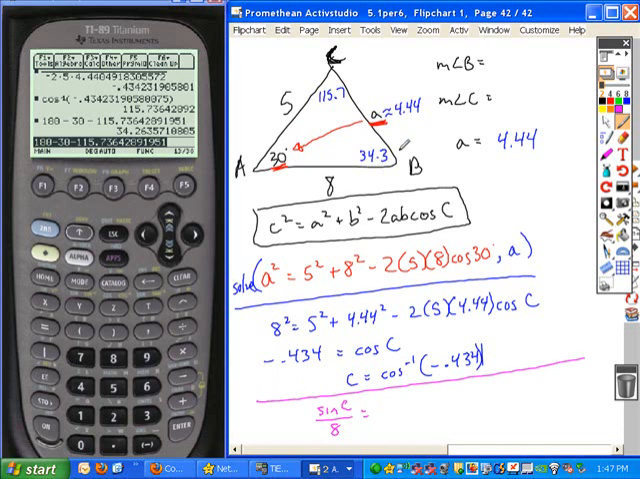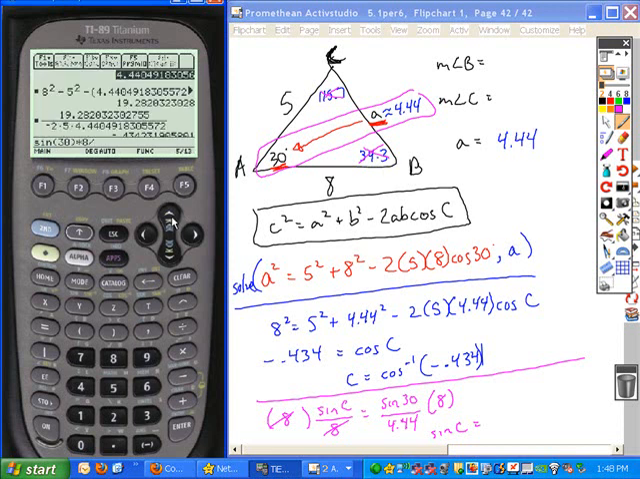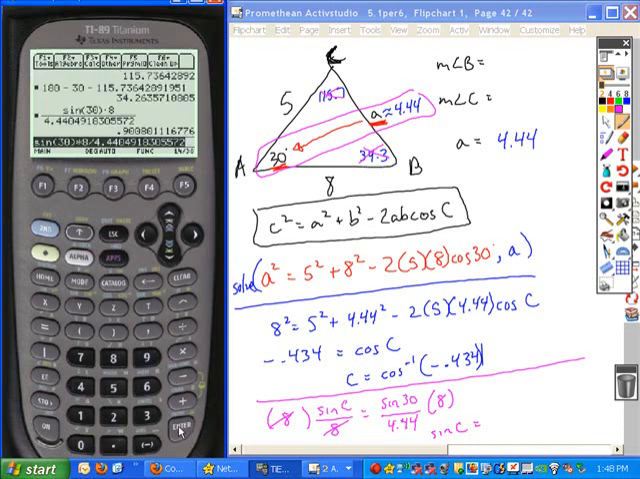And so either of these pairs would work. It doesn't matter. Or actually, we don't have this angle yet, so we have to use this set. So we get the sine of 30 over our exact answer, the 4.44. Okay, so to solve for the sine of C, we'd multiply both sides by 8, and we can find what our sine ratio is. And so if we calculated that, we would get the sine of 30 times 8 divided by, and I'll go up and use that exact answer right here. Okay, so here's my sine ratio,